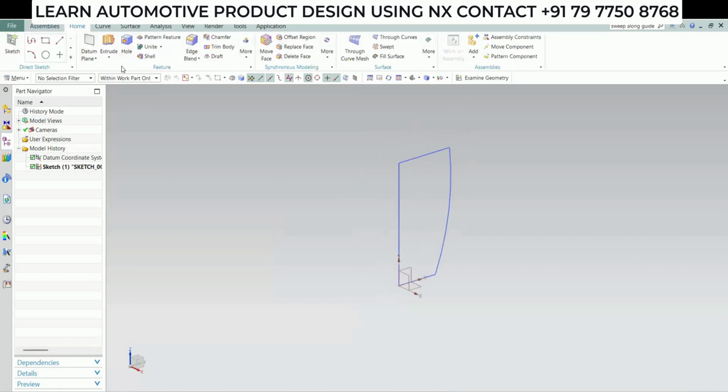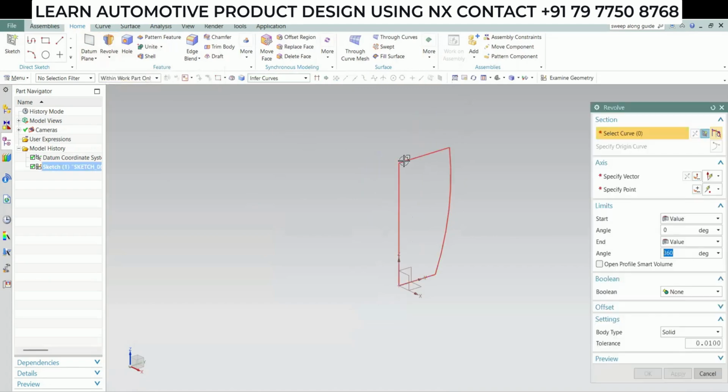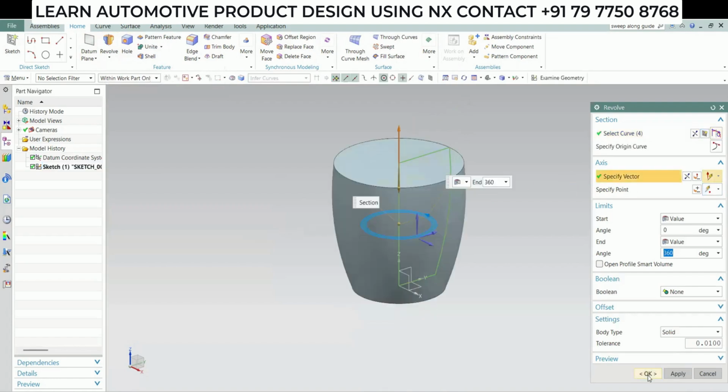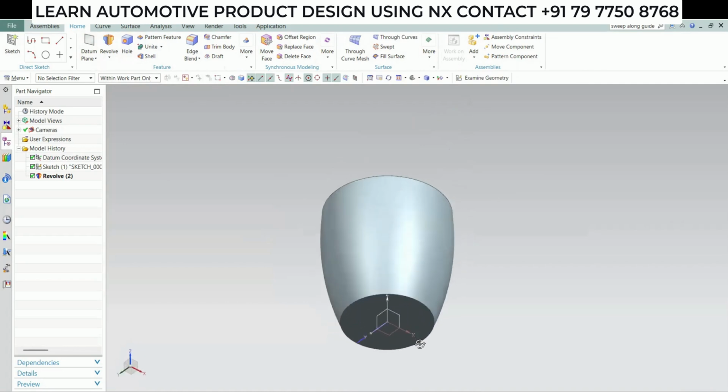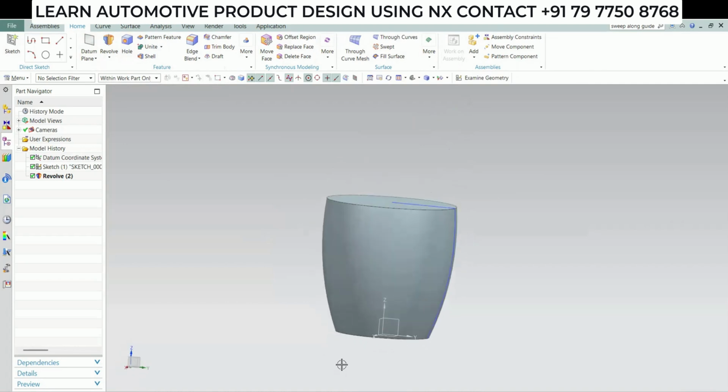For the base profile of the coffee mug, I go to revolve. I select the curve. I pick this as my vector and I say okay. So my base profile of the coffee mug is now ready. So once this is done,